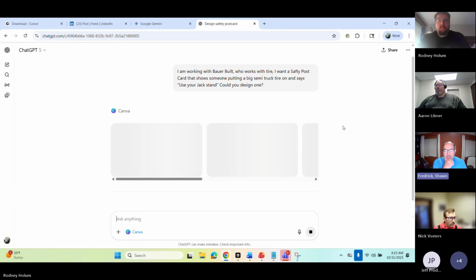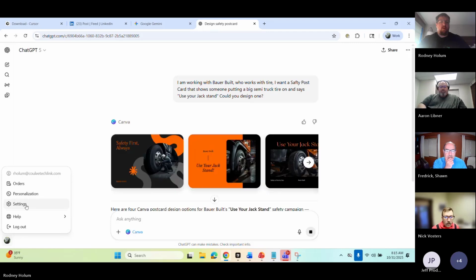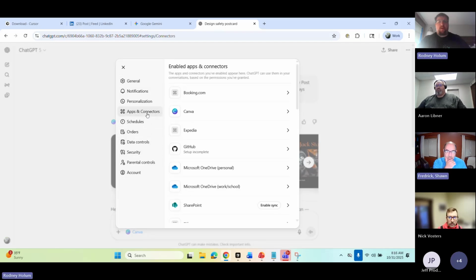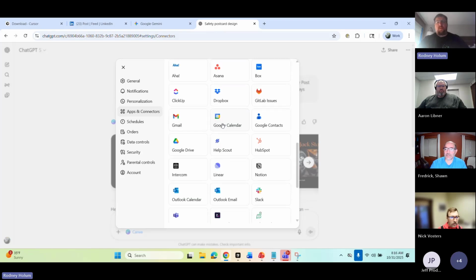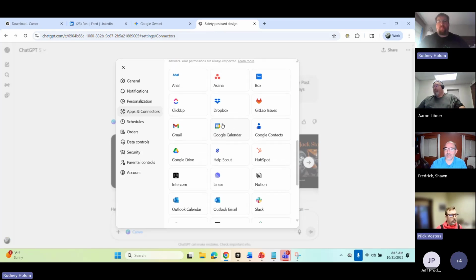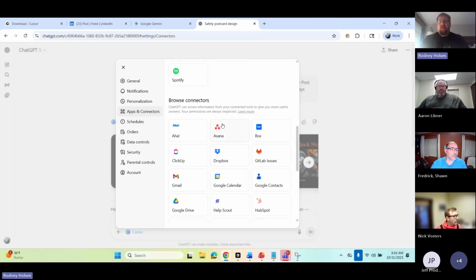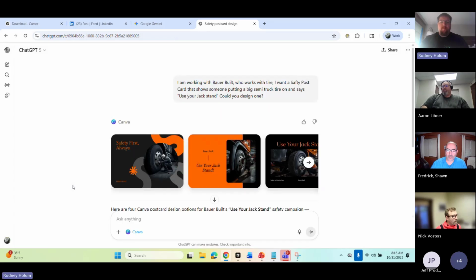So how do you build in those connections again? If you go to settings, apps and connect. Okay. Yep. So these are all the apps they have ready to go. And they're adding more and more. So they want to create like a Microsoft app. A monetization strategy, I'm guessing of theirs, is that if they lead you to use Asana, for example, they're going to want Asana to pay them a little money.